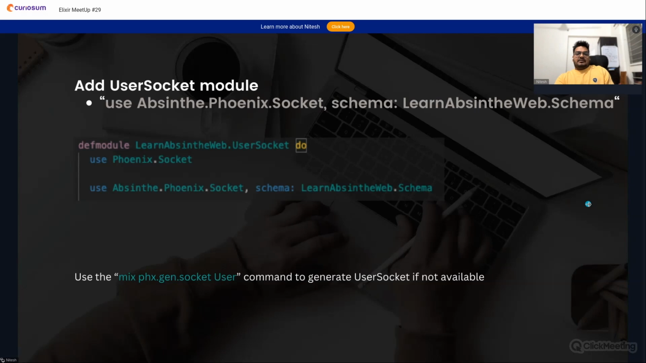Then we have to add the Absinthe Phoenix socket by using our schema that we have defined into the user socket. In my application, I saw that I don't have a user socket. So you can use the mix phx.gen.socket user command to generate the user socket in case it's not available in your